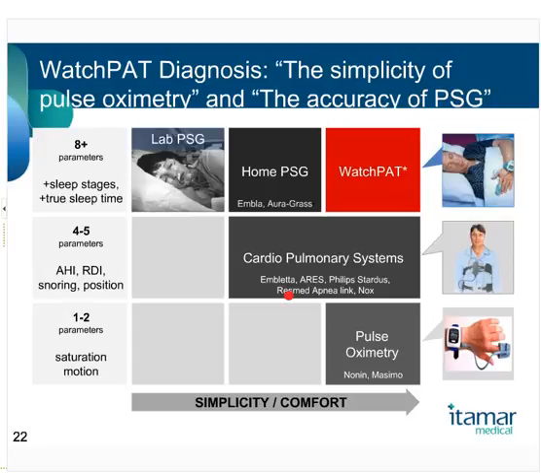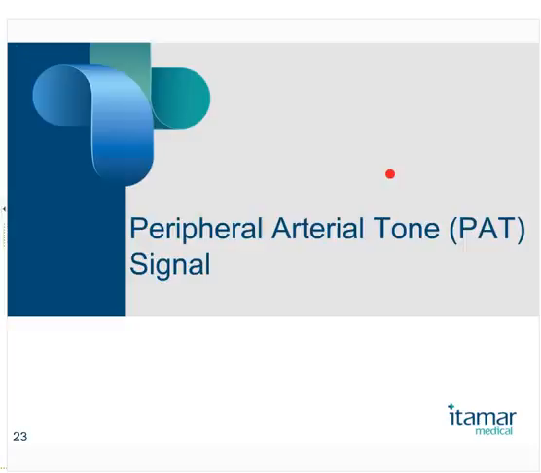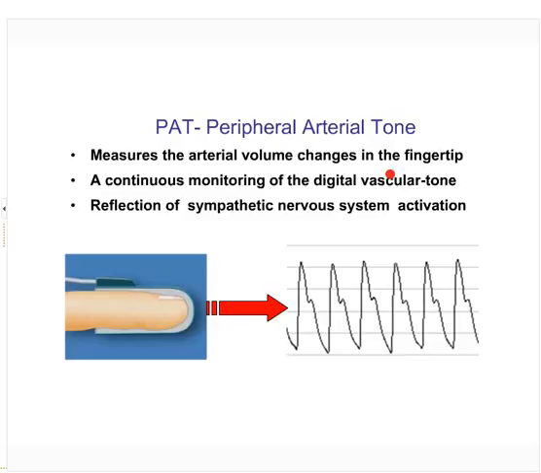So you see how the WatchPAT has a relatively greater number of signals than some of these other devices, and has the ability, as we'll talk about, to measure total sleep time. You get a true sleep time measurement, and you get an estimate that's been validated pretty extensively of sleep stage transitions with the WatchPAT. So let's talk about the key signal that the WatchPAT has, which is peripheral arterial tone,